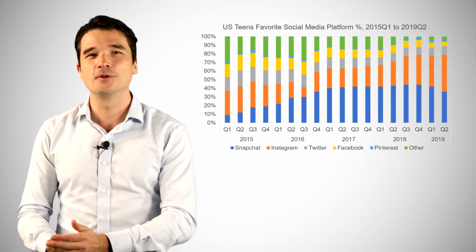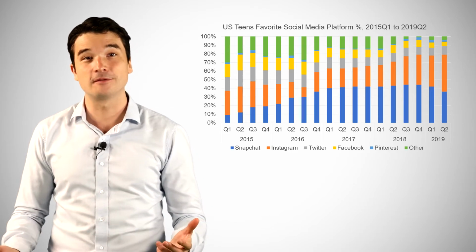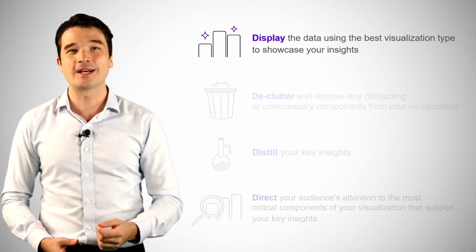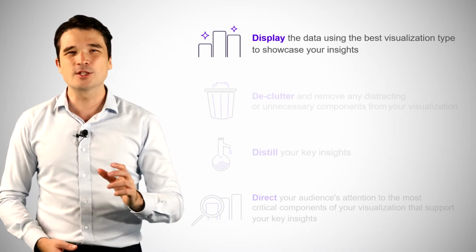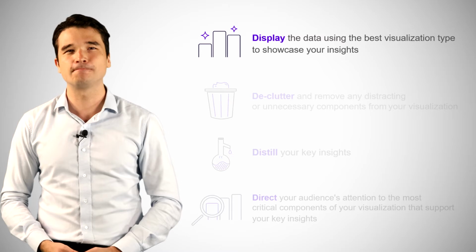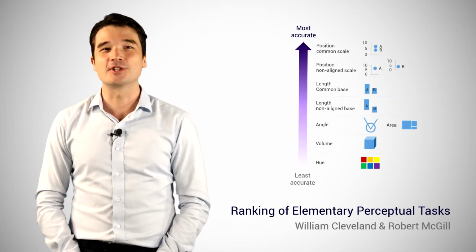The first issue that I want to prioritize addressing is the chart type itself. We want to display this data using a better visualization option. This is where we're going to get the most bang for buck improving the chart. So how do we pick the right chart to deploy in any given situation? Well, let's take a look at some research